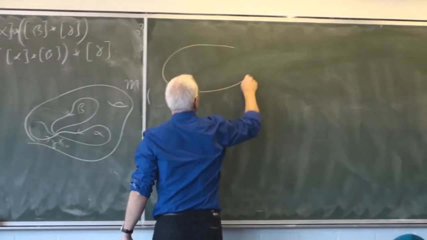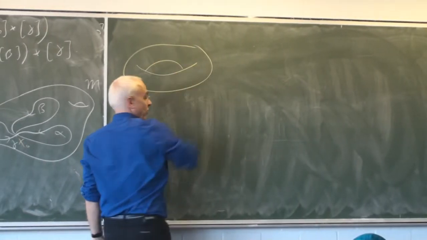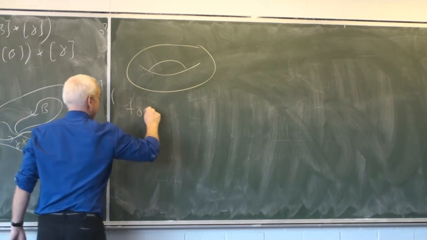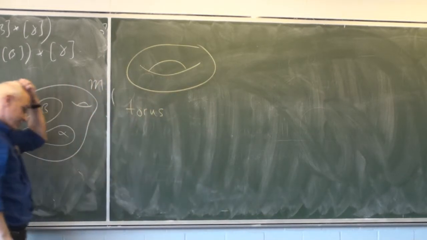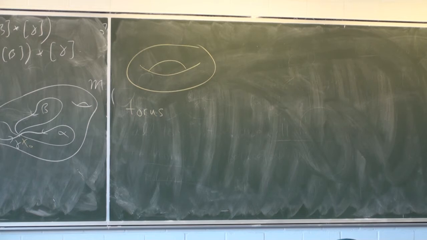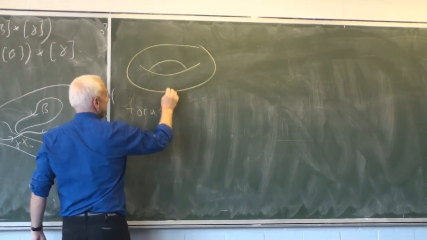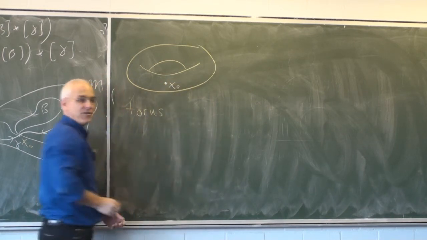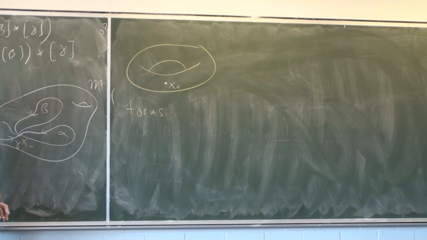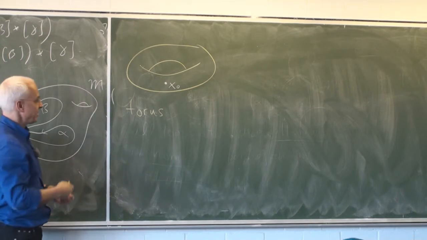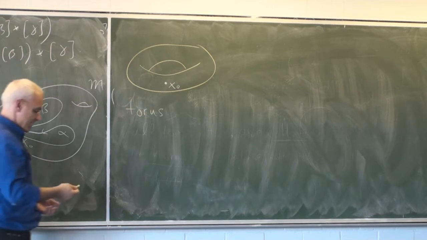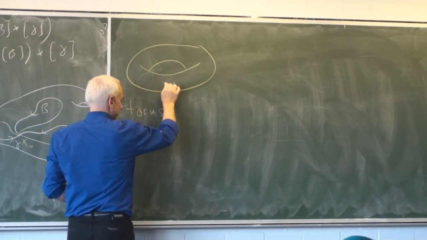And probably a good place to start is our friend the torus. Well, we choose a point. Let's choose, okay, so that point right there, call it x0. We want to find some loops on this space. Now, a loop like